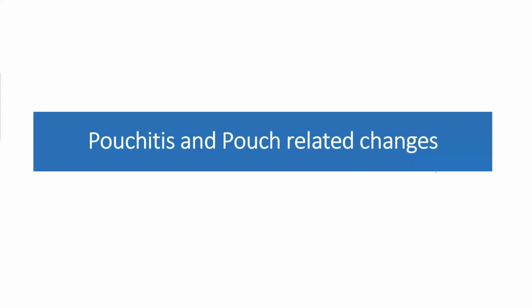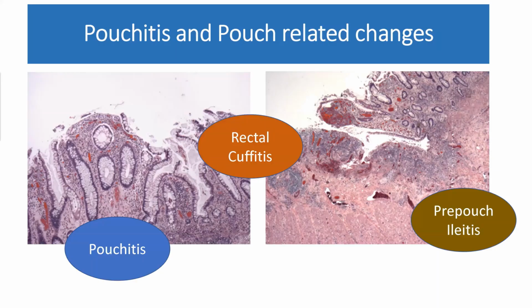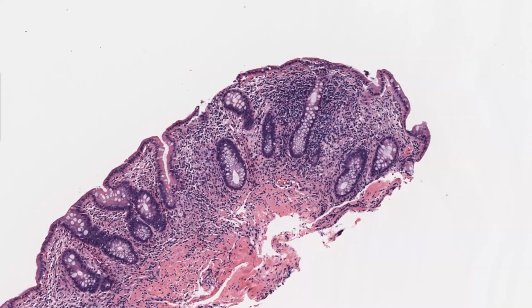Yes, because it is a very unsatisfactory area, and it takes a lot of effort to understand. But what you need to understand when we are dealing with pouchitis and pouch-related disorders is that colitis, pre-pouch ileitis, and pouchitis are all a spectrum of the same thing. And you get a biopsy like this, right? I will just show you an example, and I promise we'll finish in 2 or 3 minutes.